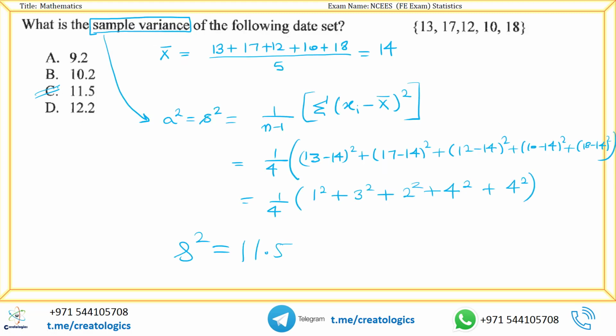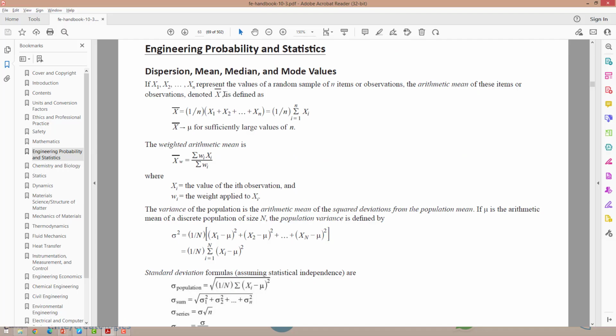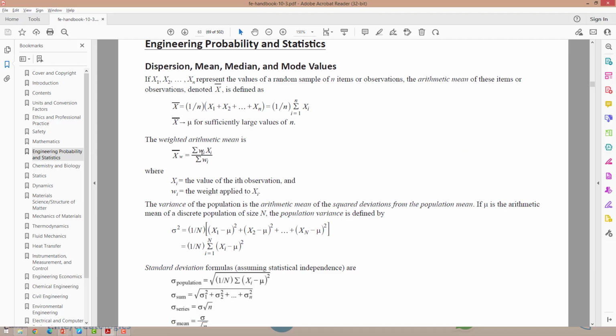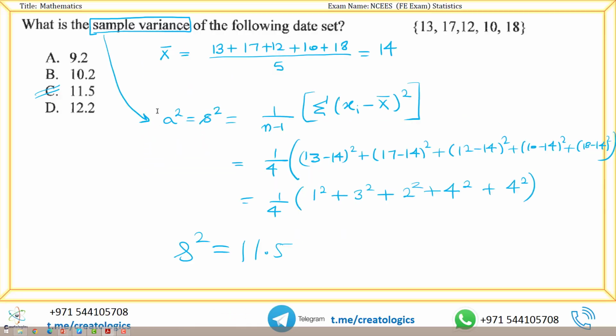So always make sure what the question wants from you. Here, as you can see, they want us to find the sample variance, right? Not the population variance. So here is a difference, right? Always do remember this thing. Next part is,